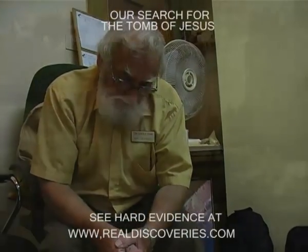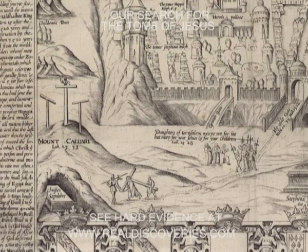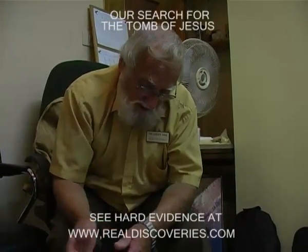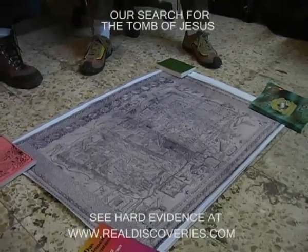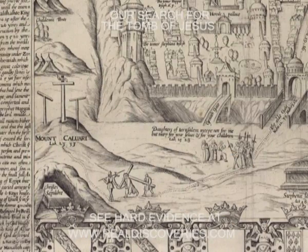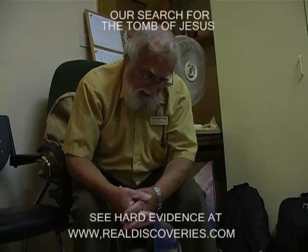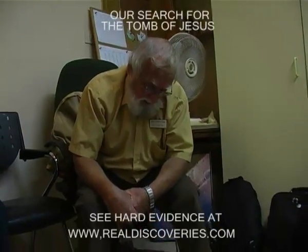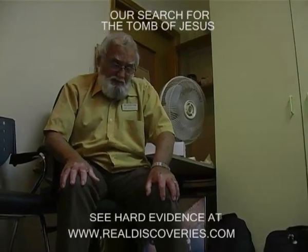Today's Damascus Gate is very ornate, but underneath Damascus Gate we do find the remains of an Herodian gate, and that area has been associated with gates. Saul of Tarsus would have left from there. The great sacrifice had to be on the side of the north according to the Levitical law, and this picture down here that they've drawn of the crucifixion site does appear to be on the side of the north, and it is outside the gate, and the writer to the Hebrews makes that abundantly clear. And Roman law said crucifixion had to be outside city precincts. So I find this fascinating, and it could well be that this is something of great interest, frankly, that